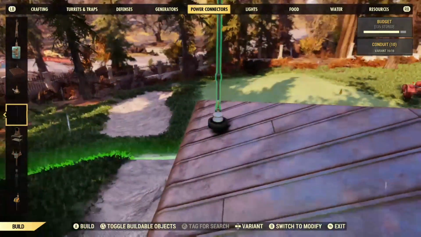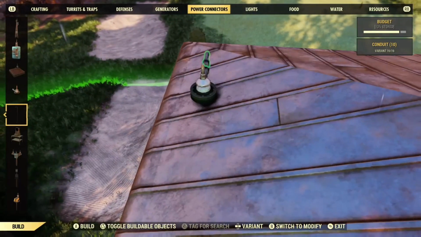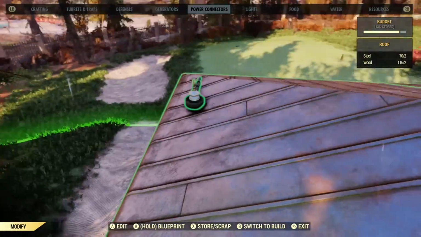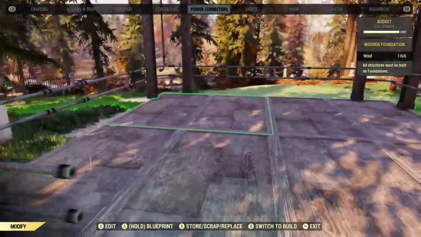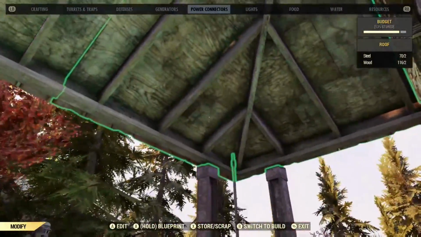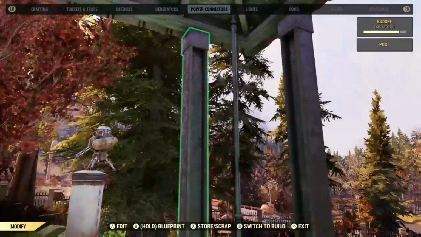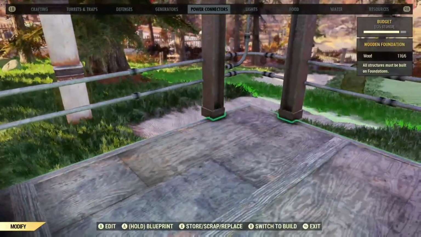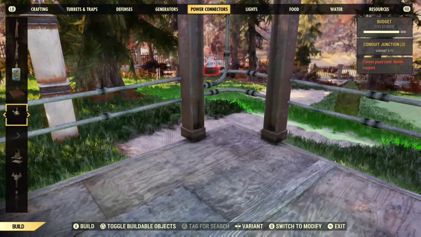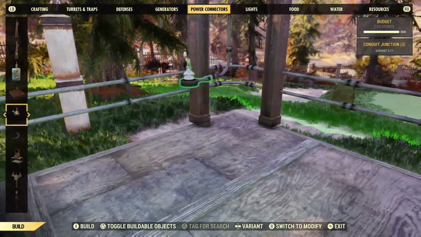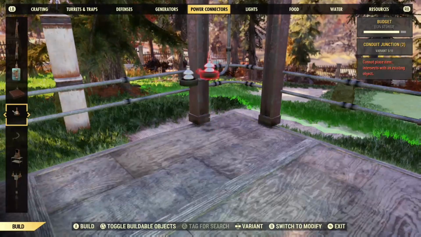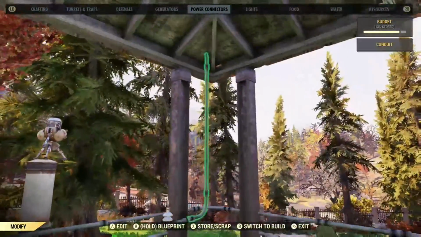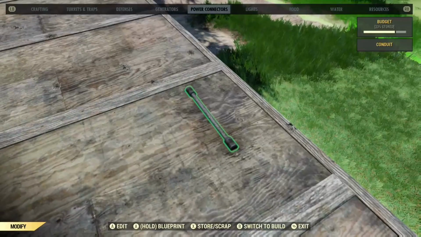Now, if you snapped it from the bottom, it would go up, but we want it to snap at the top. That way it will go through the ceiling and down farther into our build. Once again, you can do this through the floor as well. It takes a little bit of maneuvering around, adjusting, but it'll pop in there and connect. And you can go ahead and put another connector down here if you want. Connect your power up, run it up to the ceiling, whatever you want to do. The ideas are